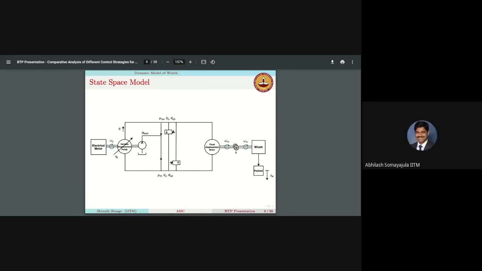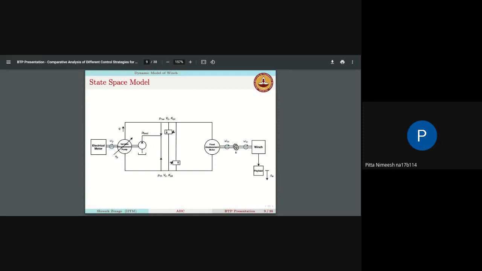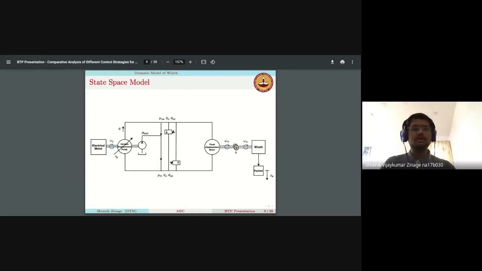So, what do you mean by a variable displacement pump? Okay, so variable displacement pump means that the displacement is not fixed. So if you have a swash angle of 0.1 and a swash angle of say 0.8, it would not be 8 times that. Can you explain what is swash angle? Okay, so swash angle is just an indicative measure of how much you are allowing the pump to pass the fluid through it. So the flow rate Q is being controlled by the swash angle XP.